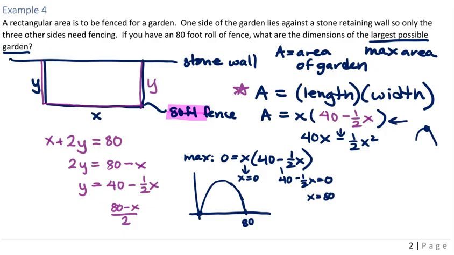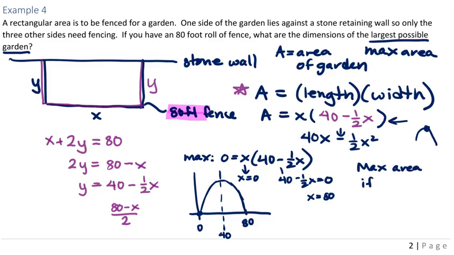And parabolas are perfectly symmetric across this line through their vertex, which means that vertex has to be exactly halfway between 0 and 80. In this case, I don't even need to do the arithmetic. If the numbers are messier, you could add up your two x-intercepts and divide them by 2. But here I can just spot it, that the max happens when x equals 40. So we get a max